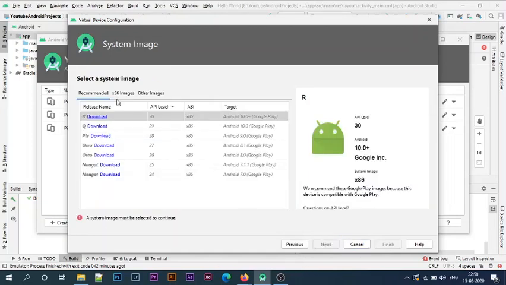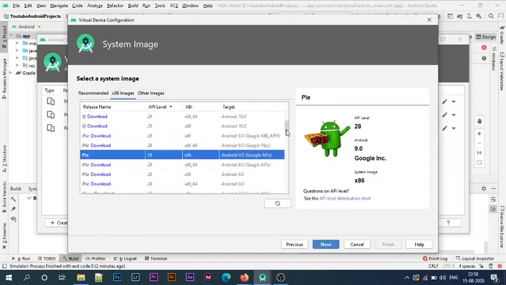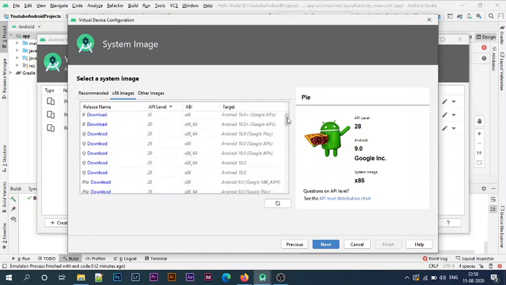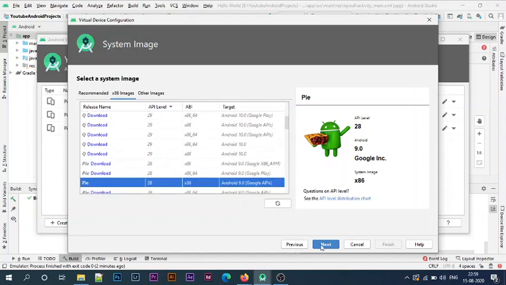Basically the Pixel 2 is selected. Then I will select the version of Android, or the API level, that I want to emulate. Now I am going to emulate API level 28. You can also choose what version you want to create your emulator for, as there are multiple versions available, from Android Q to Android R, the latest version. So I've selected the Android Pie version.